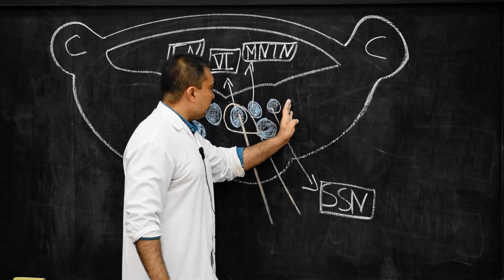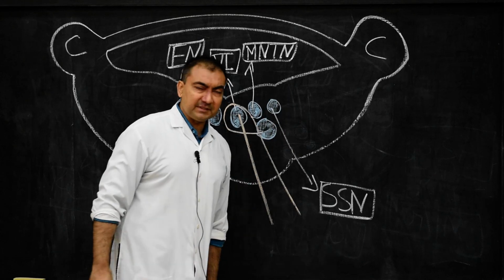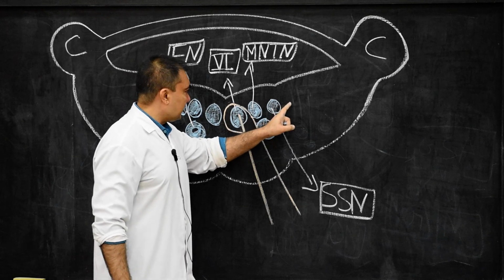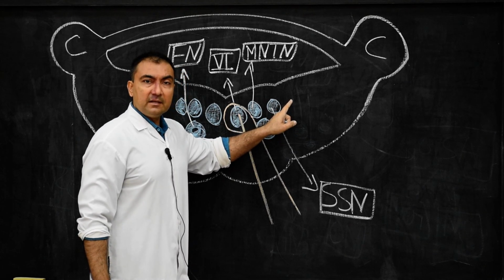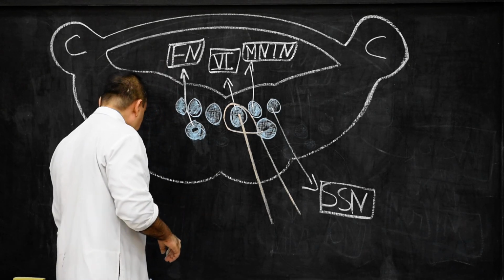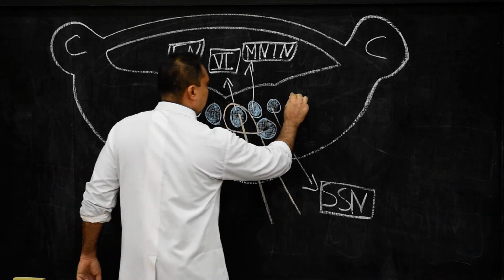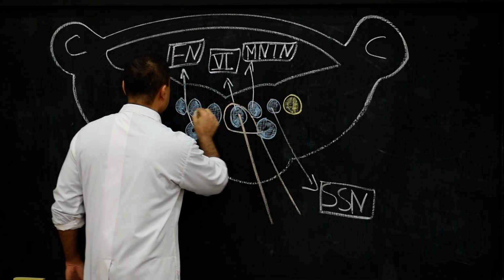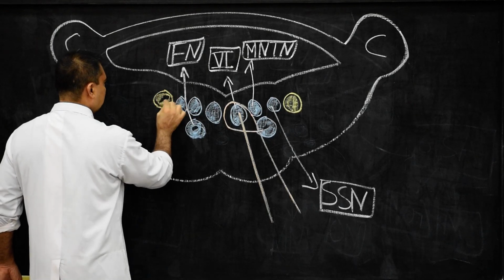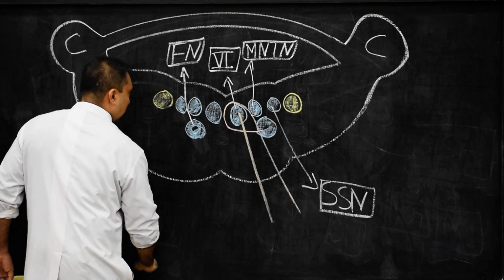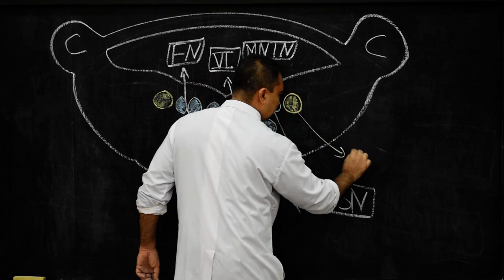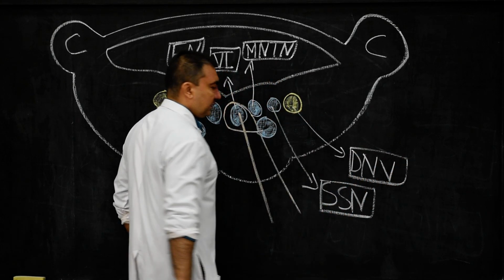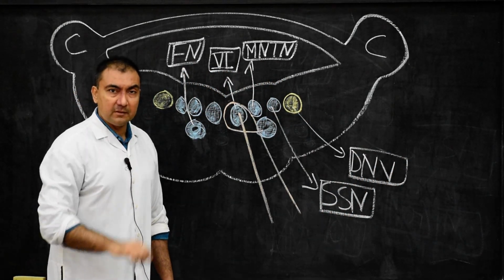Once we start the alar lamina from ventral to dorsal side, the first functional component we started with is the general visceral afferent. That general visceral afferent, we will draw it, and it is represented by the dorsal nucleus of vagus nerve, the same dorsal nucleus of vagus which was present in the medulla oblongata. So here we represent this as the dorsal nucleus of vagus nerve, which represents general visceral afferent, same as medulla oblongata.